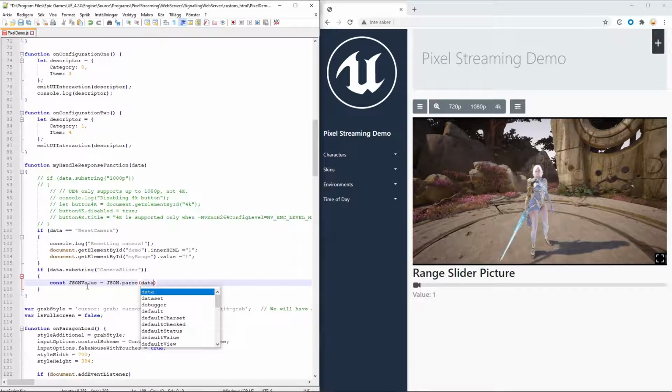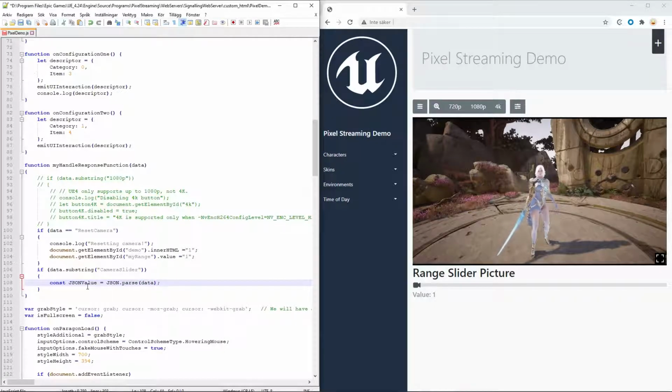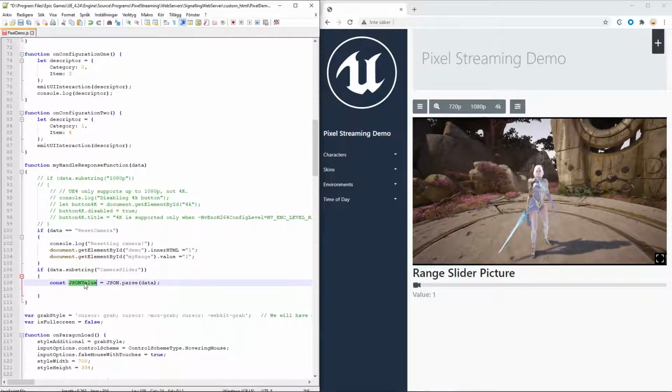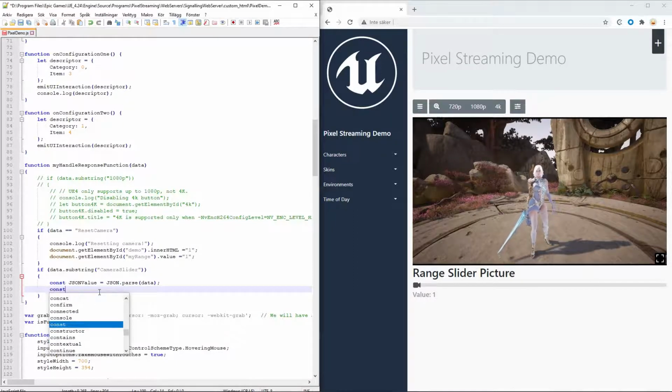Then have the data in there. And now this value here is a split up version of this data here. So to get the values that we wrote before, we can just create other variables. Let's create a variable called slider name.